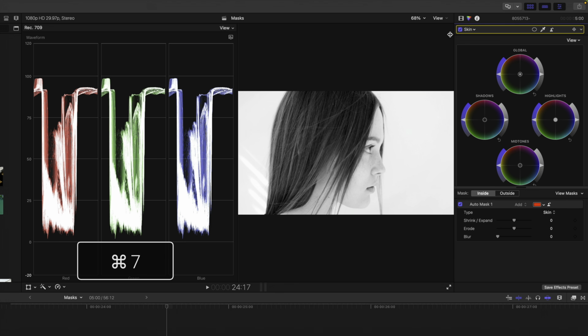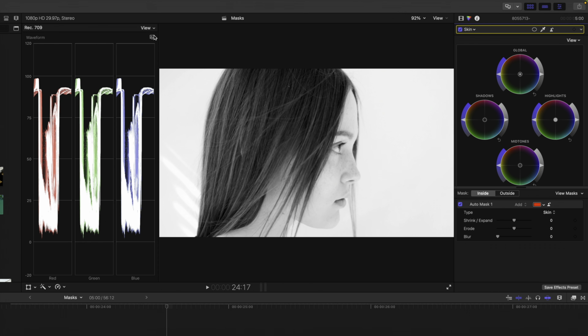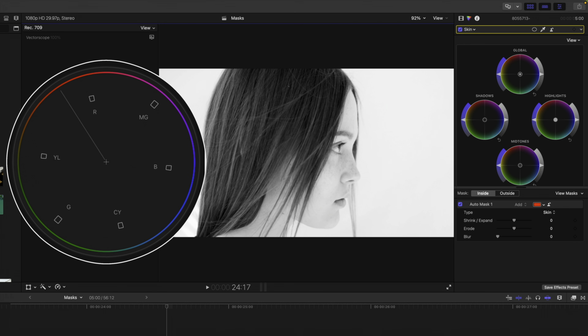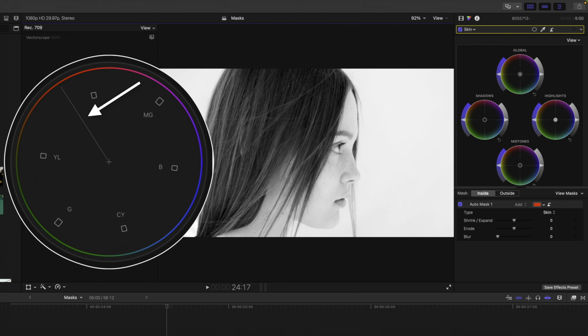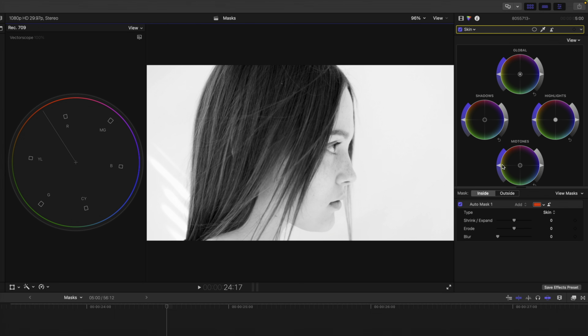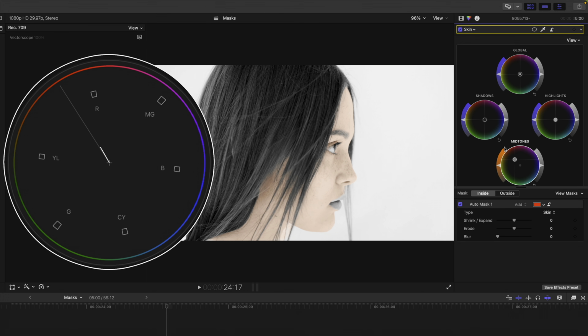So I'll press Command 7 to open the scopes. Now I just need to make sure not only that the vector scope is selected, but also that the skin tone indicator is enabled from the menu above the window. This line shows exactly where proper skin tones lie, regardless of ethnicity. Now all I need to do is push the midtones toward the skin tone indicator, and then play with the shadows, highlights, and overall saturation until I find what I'm looking for, all while watching the vector scope to align the color values directly along the skin tone line. Easy, since this is currently the only color in the image, and therefore the only thing showing on the vector